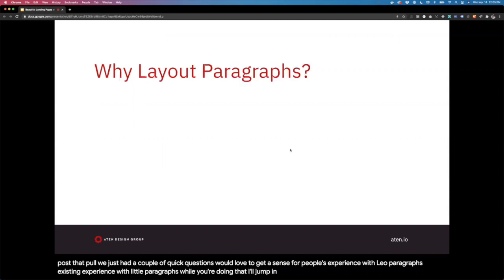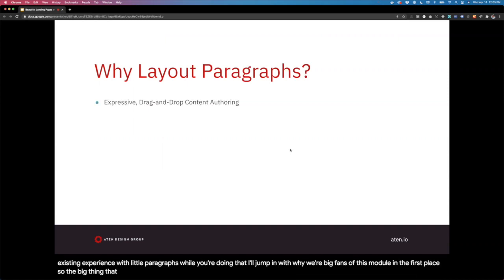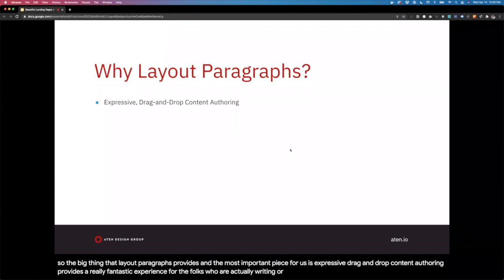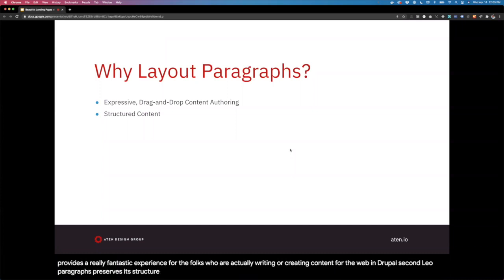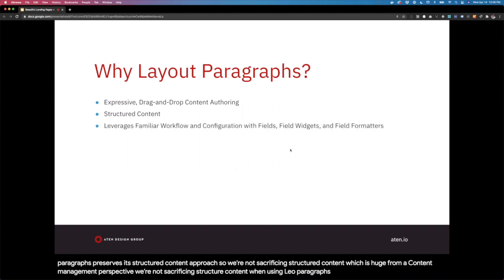While you're doing that, I'll jump in with why we're big fans of this module in the first place. So the big thing that layout paragraphs provides, and the most important piece for us, is expressive drag and drop content authoring. Provides a really fantastic experience for the folks who are actually writing or creating content for the web in Drupal. Second, layout paragraphs preserves a structured content approach. So we're not sacrificing structured content, which is huge from a content management perspective. We're not sacrificing structured content when using layout paragraphs. Third,